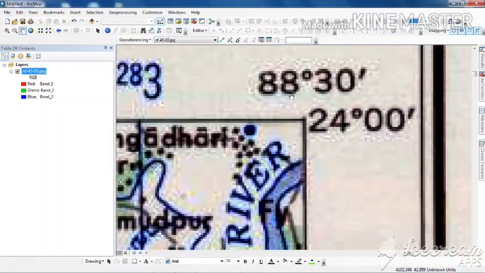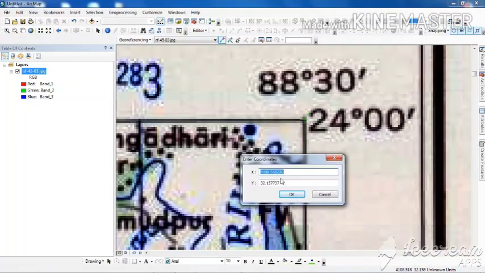So here you can see the longitude is 88.30 and 24.00 latitude. So I will take up this point now. As you can see, I am trying to make it precise by placing the location over here, and now I will input the X and Y. In the X I will input 88.5.